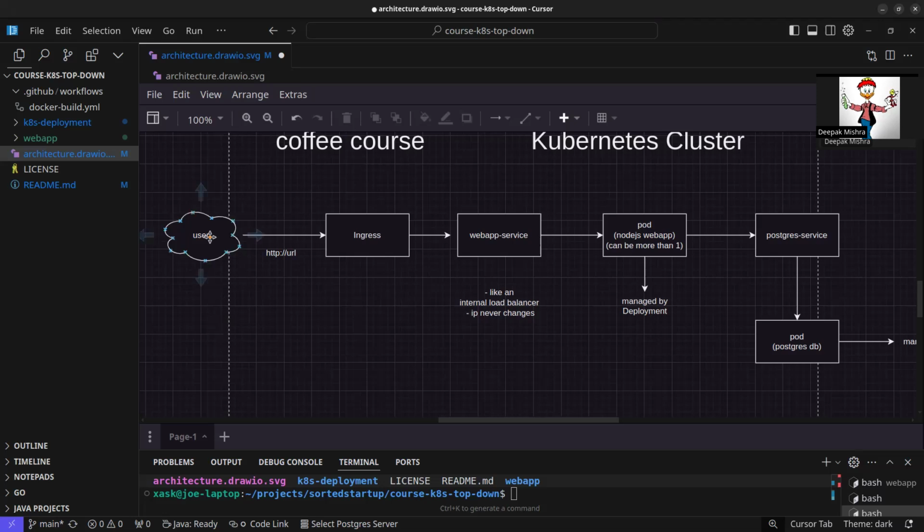So the user would type in a URL in his browser, http://URL. Of course, the browser would convert this URL into an IP address first. That request to that IP address lands up on the ingress. So ingress is the first concept that you encounter if you follow the traffic from the user to the Kubernetes